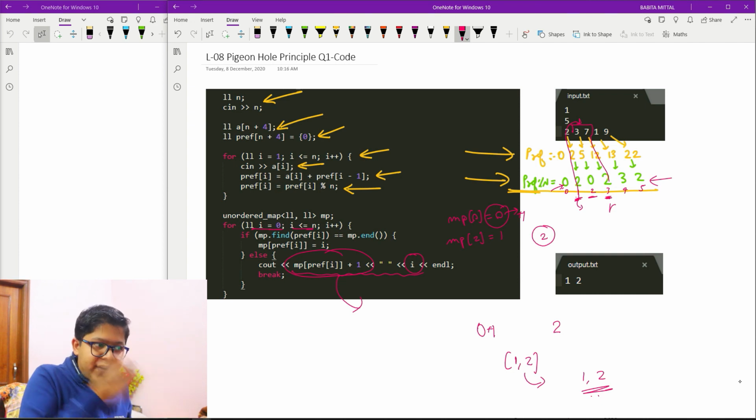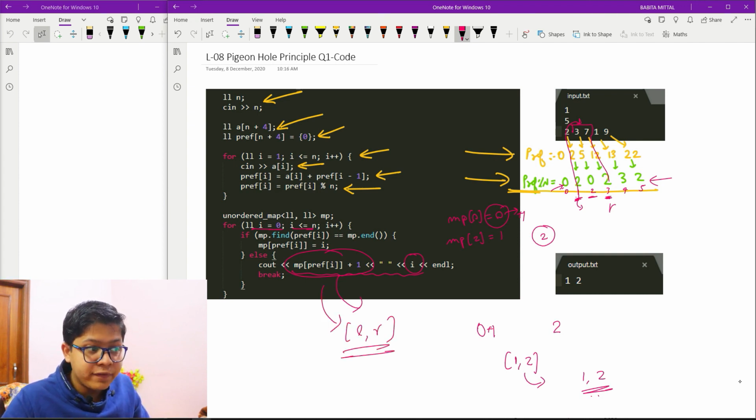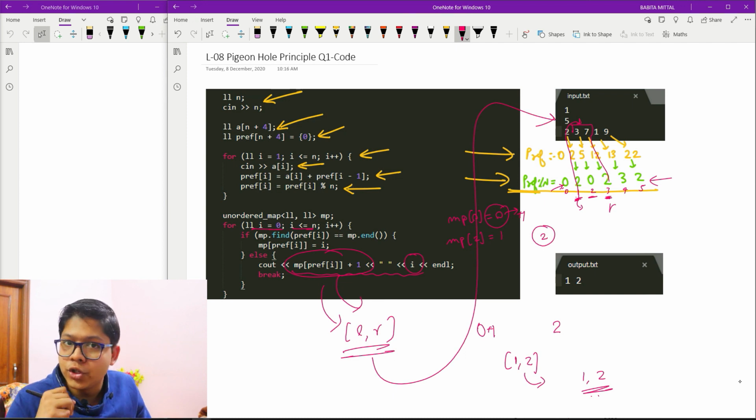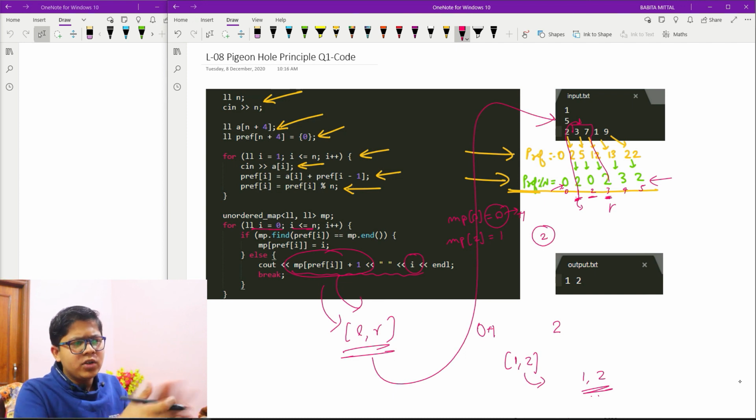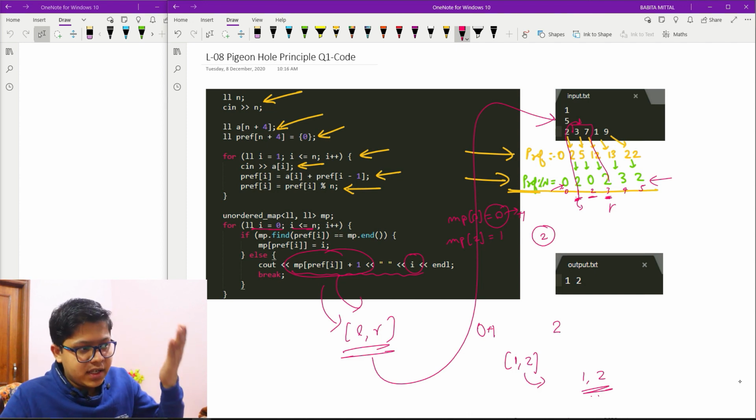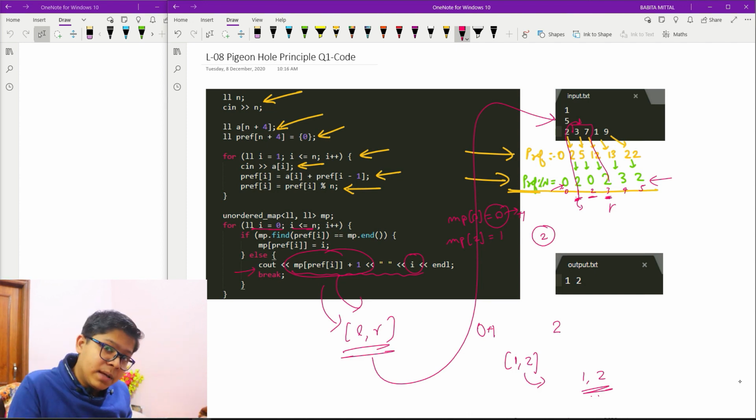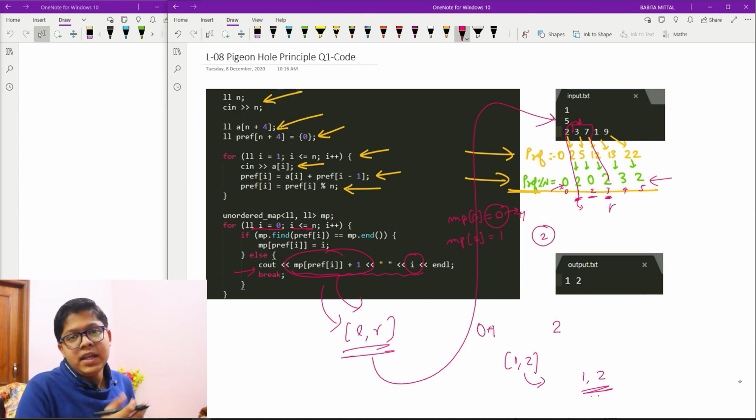You can also find each index as well. It's pretty simple. So here I showed you the range L to R of that array. It was pretty simple code: if I have the element in my map, I will just output the range. If it is not in my map, I will just insert it in my map.